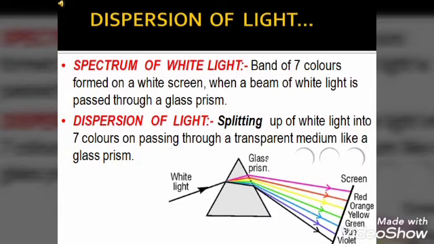So overall we can say when white light consisting of 7 colors falls on a glass prism, each color in it is refracted or deviated by a different angle, with the result that the 7 colors are spread out to form a spectrum. The red color is deviated the least and the violet color is deviated the maximum. As you know, red color has a greater wavelength, that is why it is deviated least. So we can say the angle of deviation is inversely proportional to the wavelength. Just see in the figure.